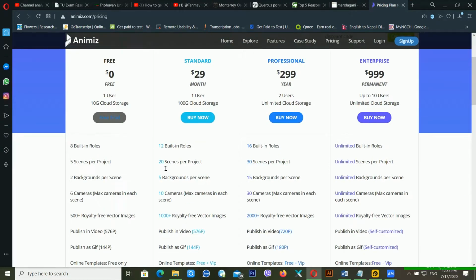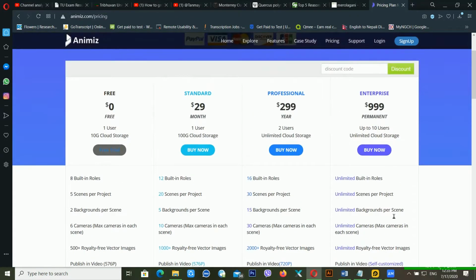If you choose the standard version, you will get 12 built-in roles and 20 scenes per project, and for the professional you will get 30 scenes, and for the enterprise you will get unlimited scenes per project, but it will cost $999. It's too expensive, I think, but it's per year. Okay, so guys, after this, just